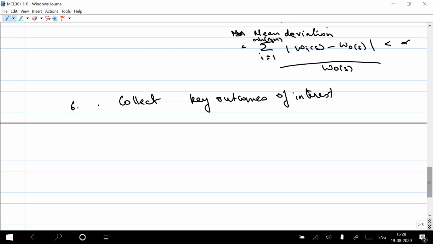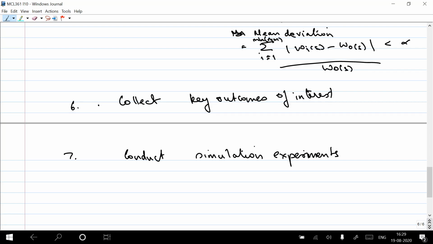So the last step is really to conduct simulation experiments. These are the things I said, where you come up with some change to the system and you want to test that change and know what effect it will have on your key outcomes of interest. So let's say I want to reduce waiting time. Let's say I make a change in configuration. I want to make a change in configuration, but I don't want to do it in practice, right? Because before that, I want a sense of how it will affect the waiting time.